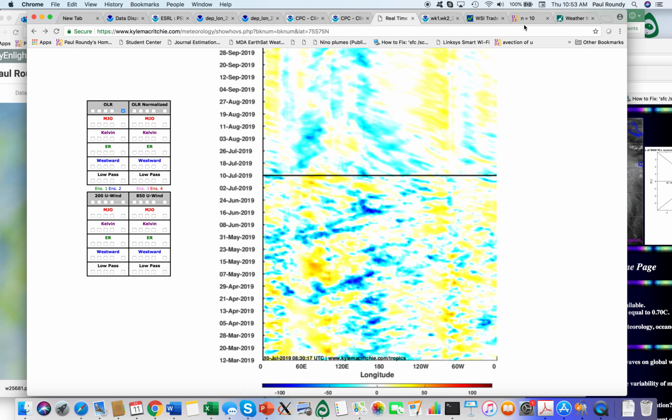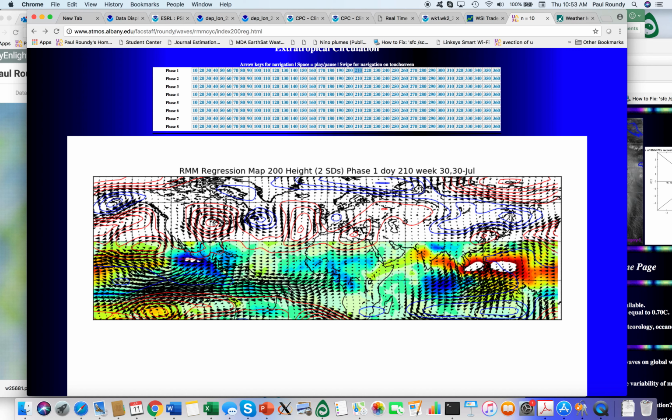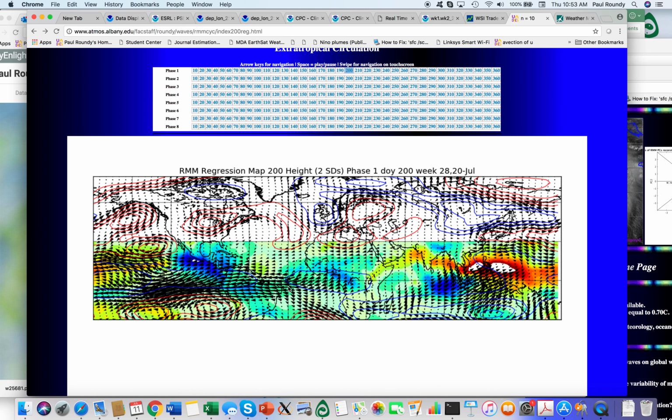So we have typical effects this time of the year, moving toward the middle and end of July, of MJO signals in the Western Hemisphere. We're talking phase 1, signal arriving over Africa and the Western Indian Ocean. This is a statistical model of the average seasonal evolution of MJO events at all times of the year. You can copy and use this website as you wish.